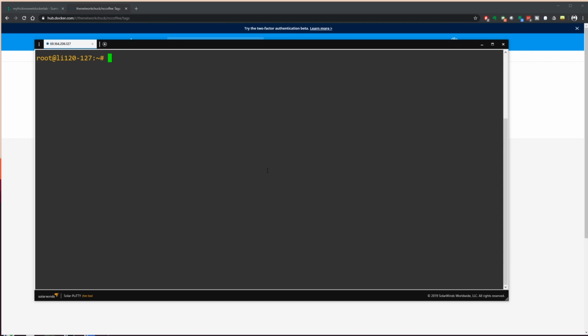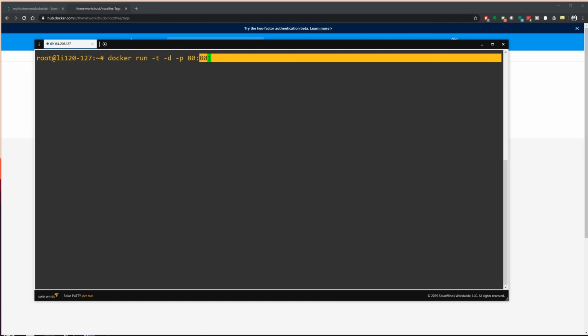Clear things out here. So I'll do docker run -t -d, and then one more switch here, -p, which stands for ports, and we're going to map port 80, which is a port for our website, obviously. We'll map that from our Docker container to our host. And for any exam people out there who are studying for the DevNet Associate or CCNA, the port right here at the end is for the Docker container, and the port right here is for the host. So I'm essentially saying match port 80 to port 80.